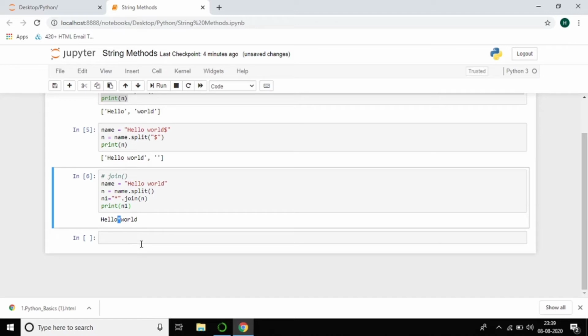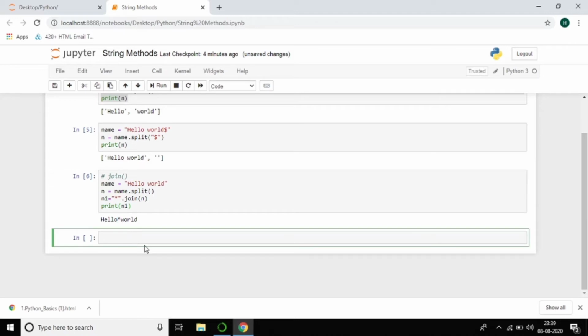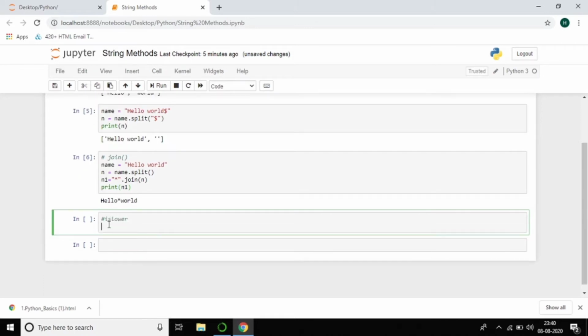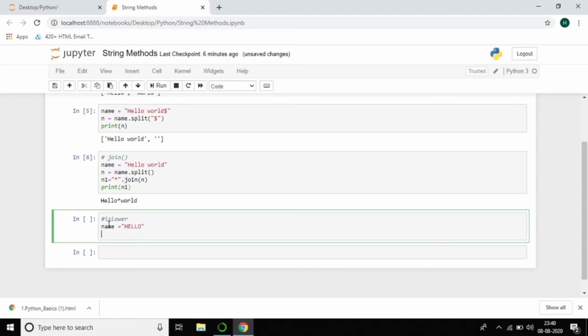Now the next method is is lower. Is lower is used to check whether the given string is lower case or not. I'll give the name hello in capital letters, and I want to check whether it is true or false.